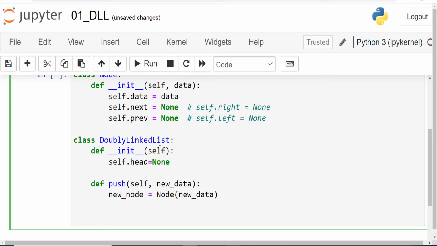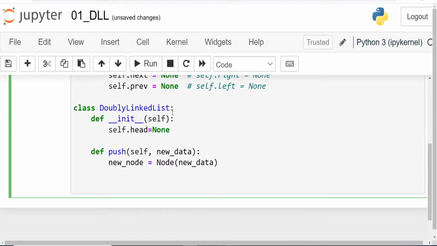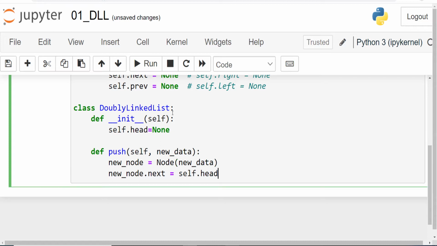And that is also quite easy. We can just refer to this line of code, new_node.next equals self.head. So this is how we can make the next of the new node as head and previous as None, which is already set to None. So we don't have to worry about it. And let me delete that unnecessary line.